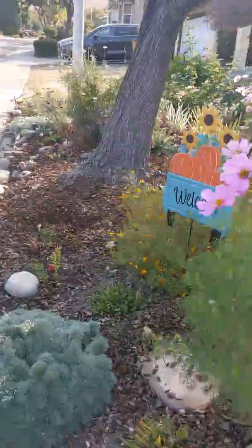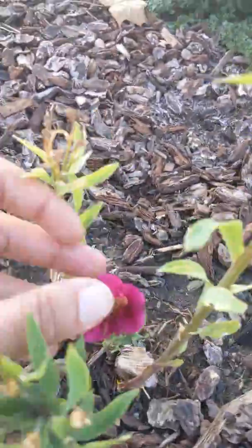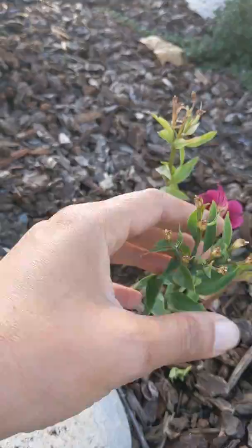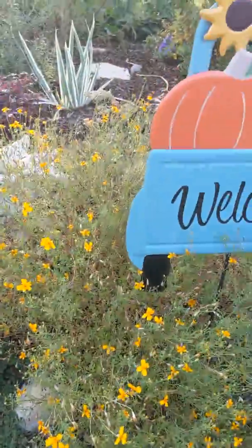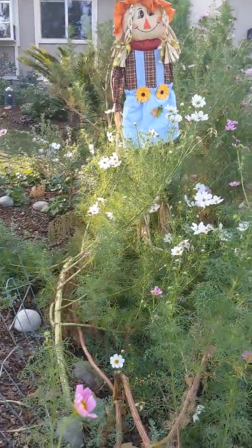I feel like plants try to sneak that yellow color in somewhere. For instance, the alstroemeria here, you can see it has a golden throat even though it's purple. This is just starting to regenerate a little bit. I'm hoping it makes a big lush growth right now. So, cosmos, other wonderful